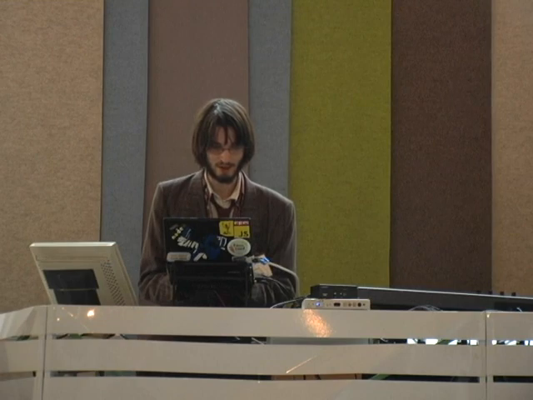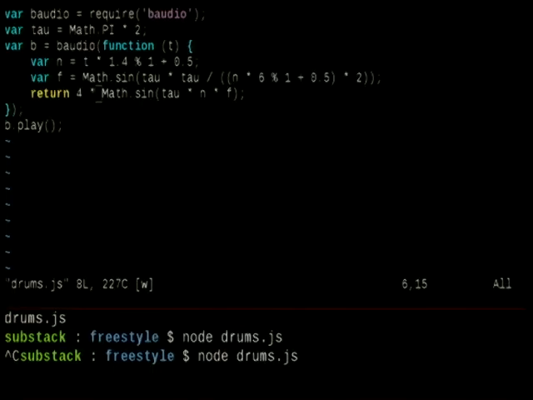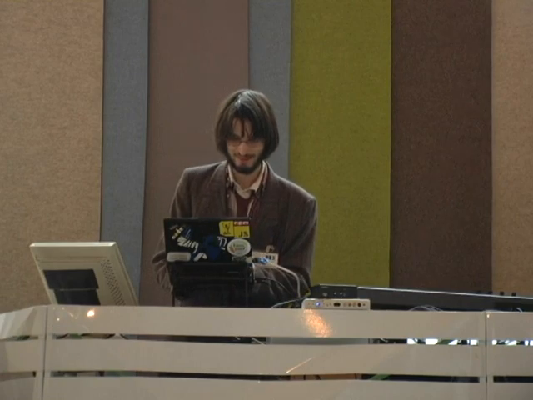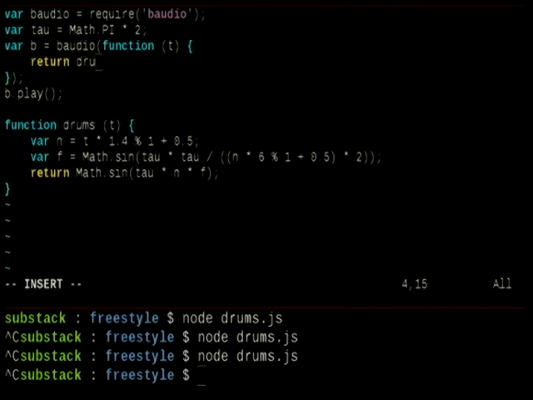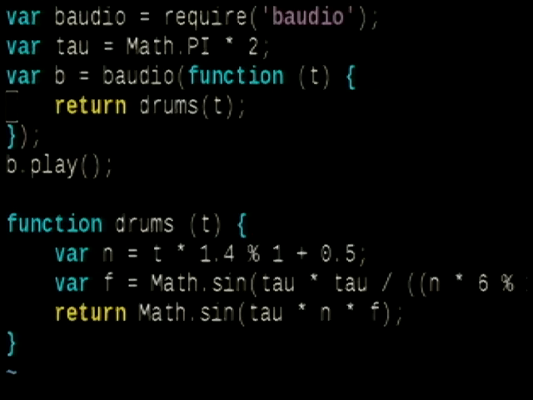Okay, so here I've got a drum pattern that I already prepared. Just a little audio function, and let's make that louder. Move the microphone closer to the headphones, of course. So here I've got just a simple drum pattern because those are kind of hard. If we factor this out into a drums function, so function drums parameter t, and return drums of t, it's the same thing, right?